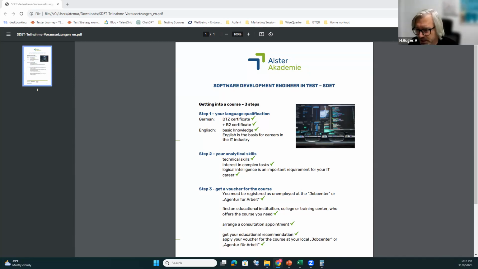With these 2 bureaus, these 2 official parties, you should talk and apply for a voucher. At first, you're looking for a company who organizes the course, like ISTQB, or we make it all over Germany. You take part from your home, with your computer at home.